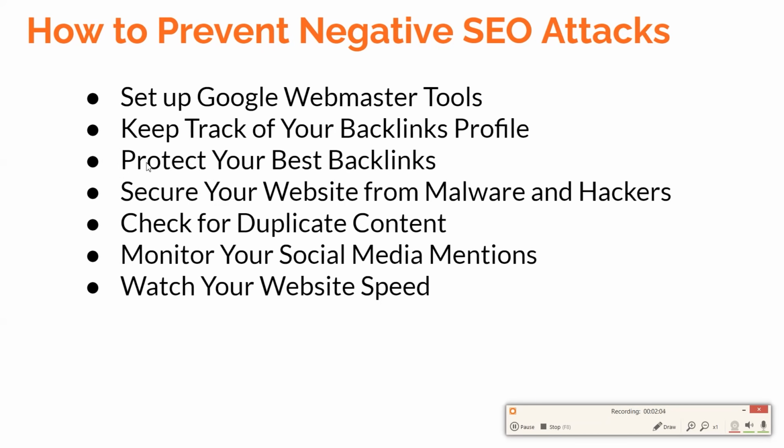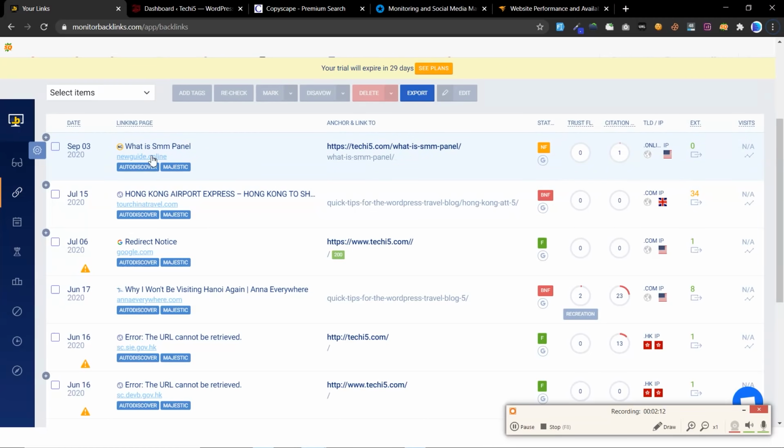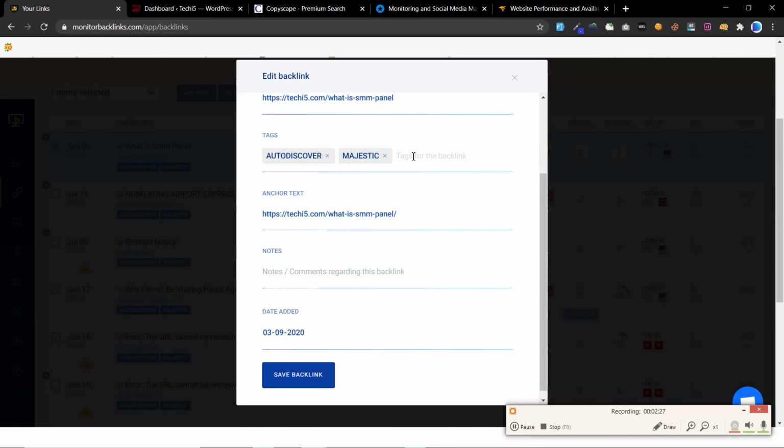Okay, now protecting your best backlinks. How can we do that? For example, here you can give a tag to the URLs. If any backlink is from a high authority site, you can click here, click edit, and give a tag. For example, I am giving best site.